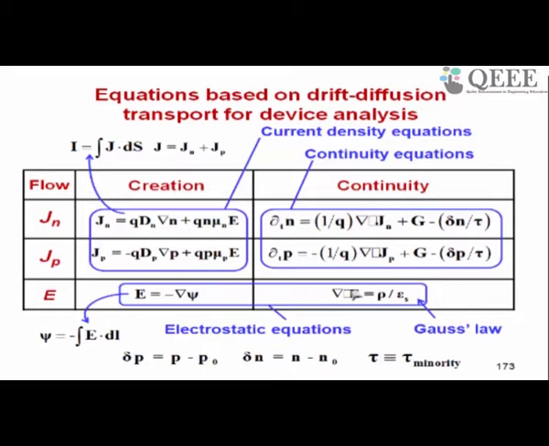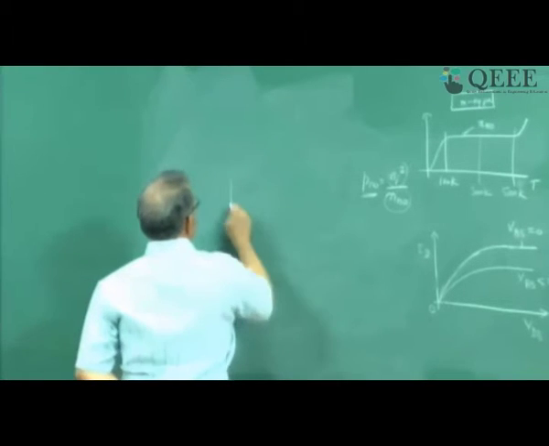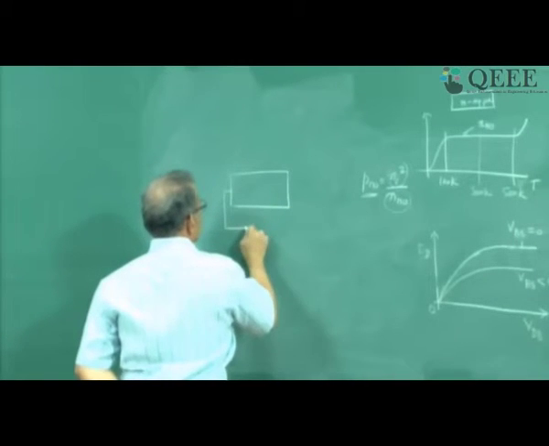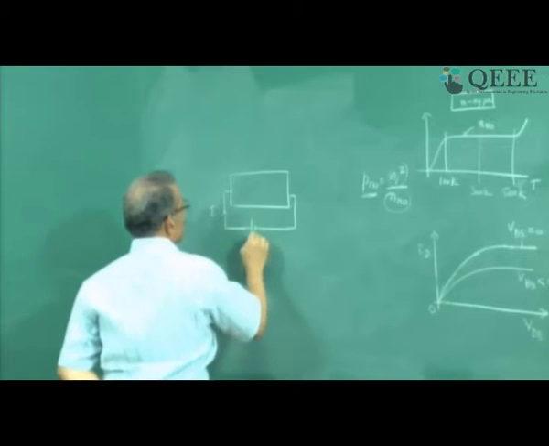Normally this equation is called Gauss's law, so it is also a continuity equation, the equation for the electric field. Now if you can solve for these current densities, then you can calculate the current by integrating the current density over contact area. That is what is shown here, and total current is the sum of the electron current and hole current, which are given here, right? And how do you get the voltage between two terminals? So suppose this is the device which you want to analyze, and you want to get what is the current for a given voltage.